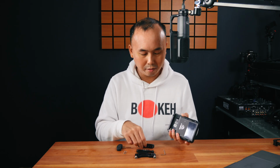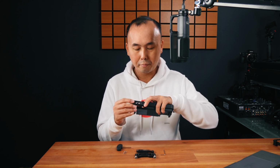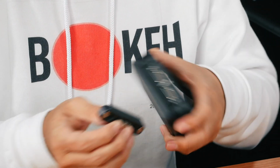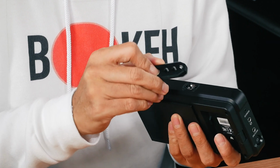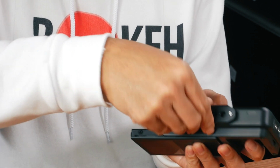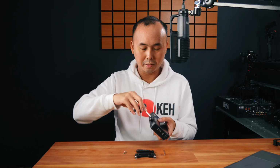So first thing, just put the bottom plate on. The plate also uses the Arca locating pin, so when you fit it onto the monitor, whichever one is the top or the bottom, when you mount it onto the monitor, it won't twist because of the Arca locating pin. Just tighten it up,